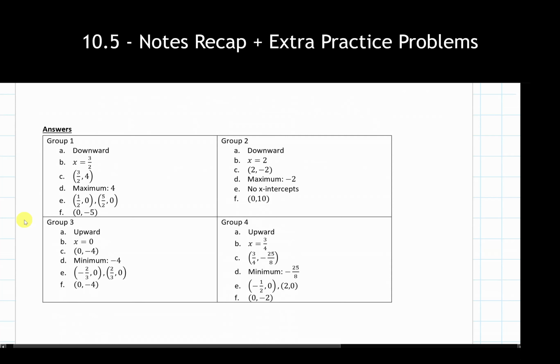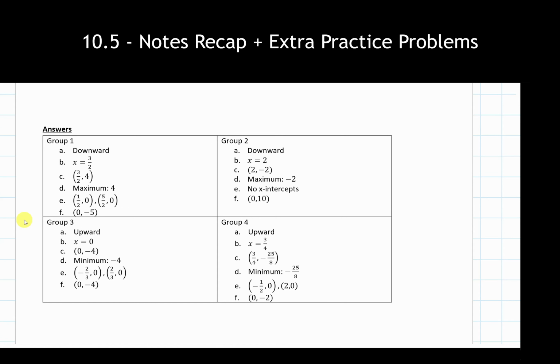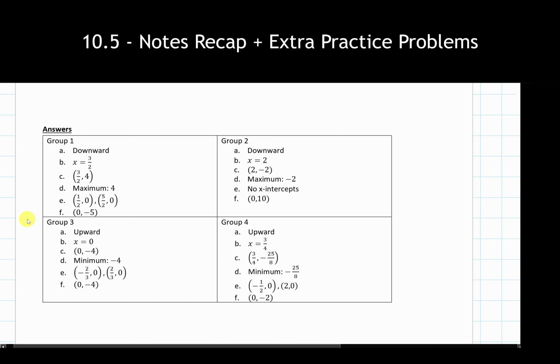These are our answers to each of our problems. Hopefully you've attempted a couple of these on your own, and hopefully we're getting correct answers, or if we aren't getting correct answers, we're identifying, hey, this is where I can adjust my process, oh, there was just a small error that showed up, and we can get those all fixed up. But otherwise, that is everything for the Analyzing Quadratic Equations material.